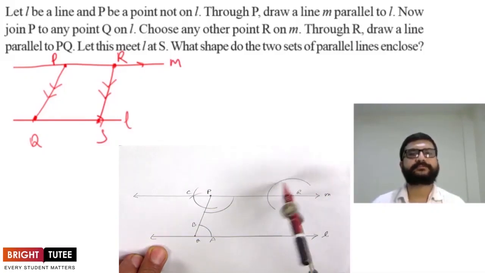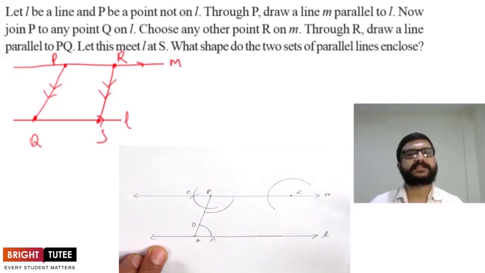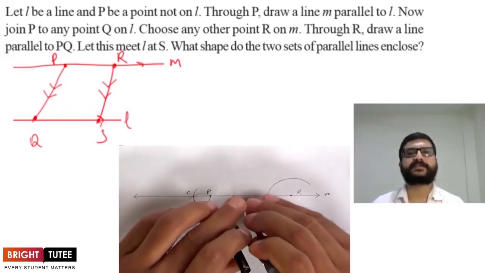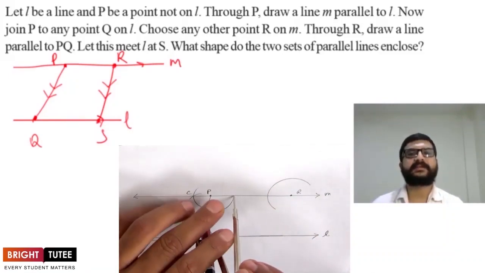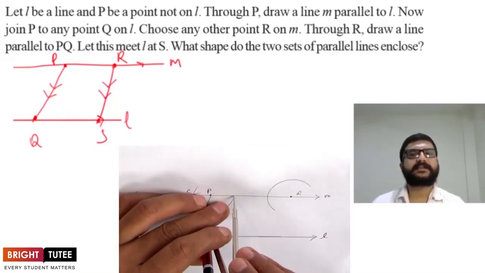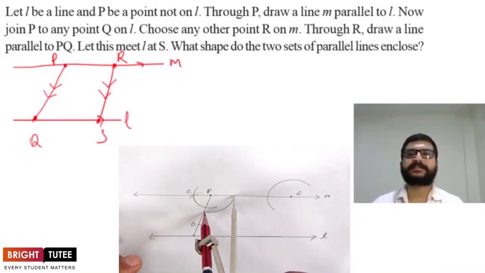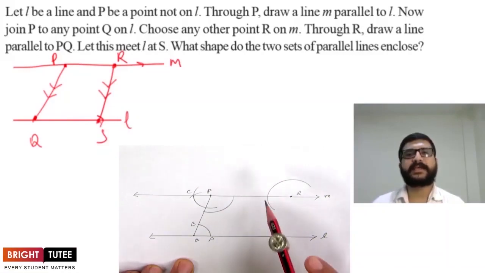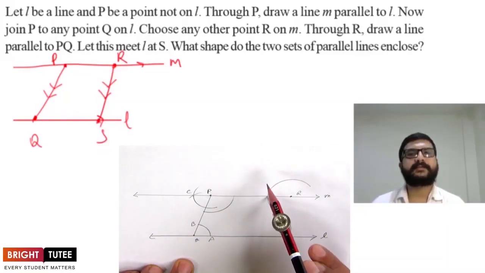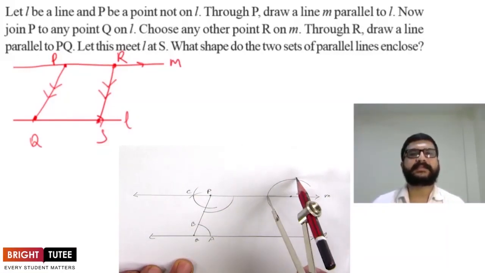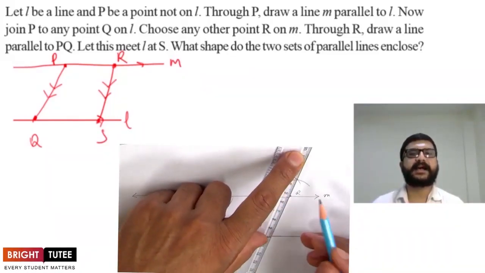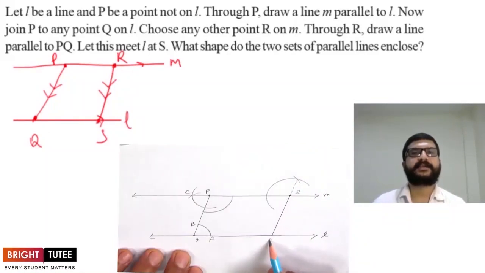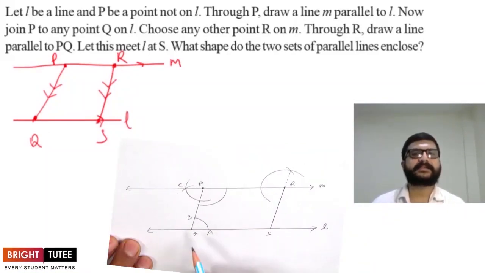We can directly draw a line from R which is parallel to PQ. We have to construct this using compass, but in the steps of construction there is no need of writing all these things, that we have to make an arc from here and then join the arcs. We can directly say, draw a line through R which is parallel to PQ, and let's say it is intersecting the line L at S. So here it is RS. Now we are done with the construction part.